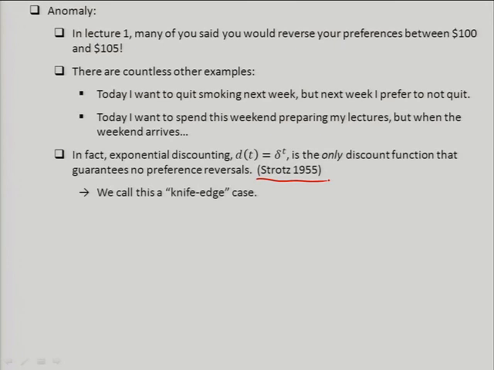The point is that this is what we call a knife edge case. You get the rational result only if the real answer of what that discount function should be is on a knife edge. Right? How wide is the edge of a well-sharpened knife? It isn't wide at all. It has 0 width.